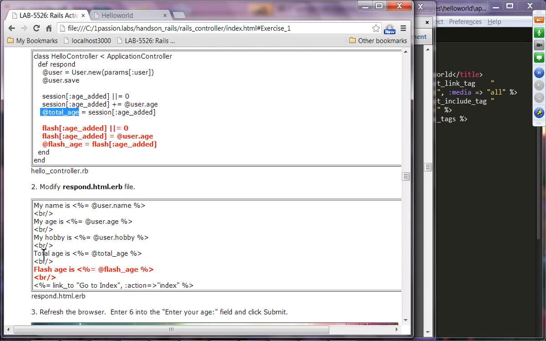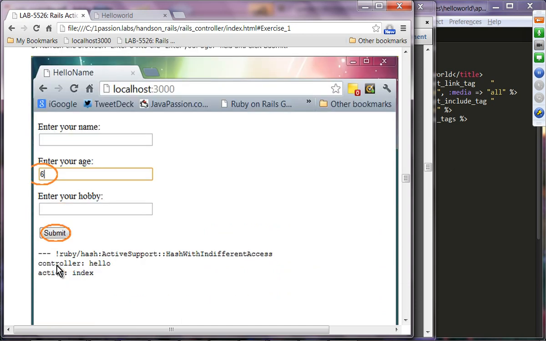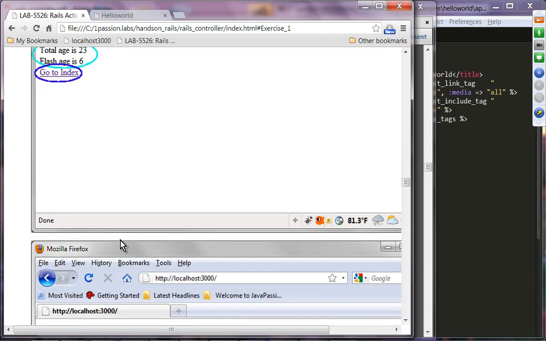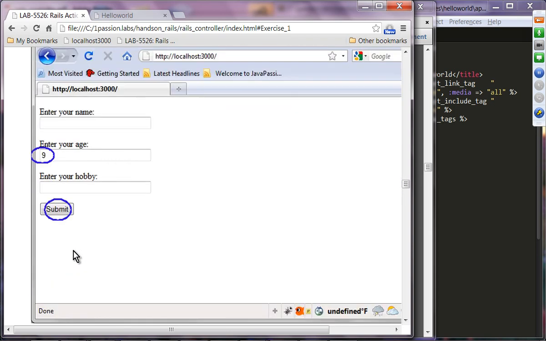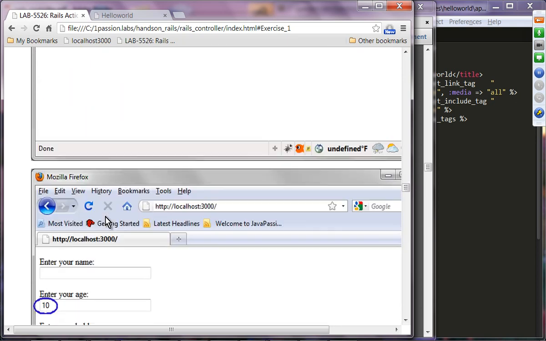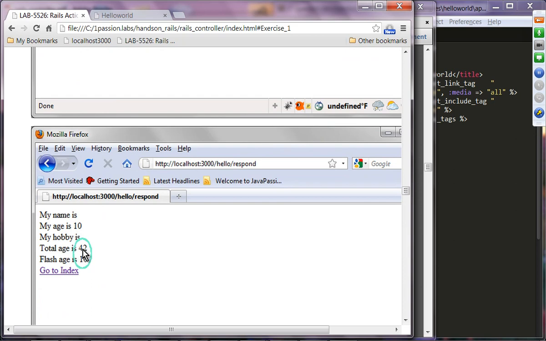So here we are displaying not only a total age, but also Flash age. When you enter this value with this 6, it will get displayed once. Flash age is 6. Now if you add another one, it's going to be considered as a third request cycle. So it's going to have number 9, and on enter 10. Then again the total age keeps increasing, but Flash age is going to be